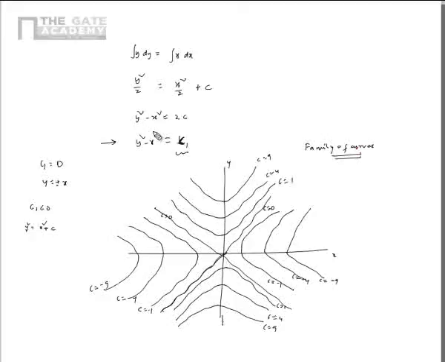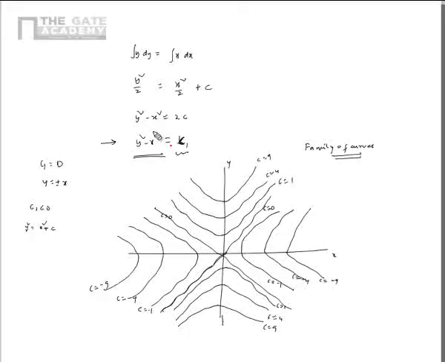Now based on the boundary condition, or the initial value for x or y, you can zero in on the required curve, the required solution. But in general, this family of curves given by y square minus x square is equal to c